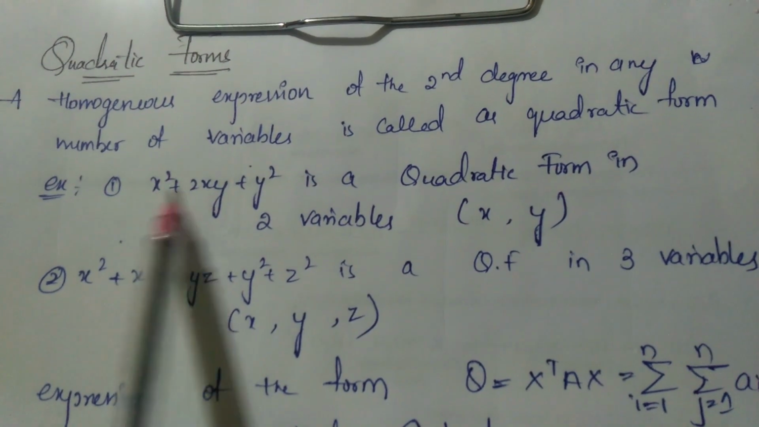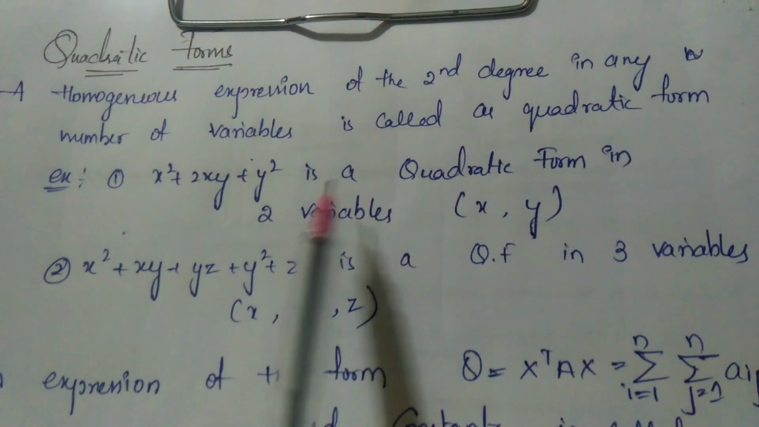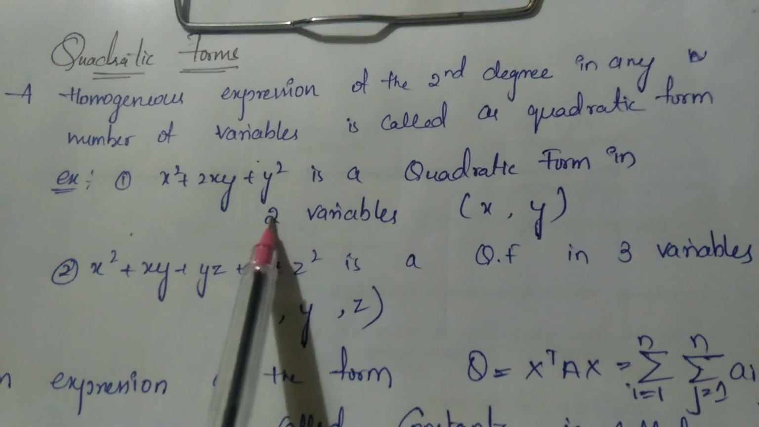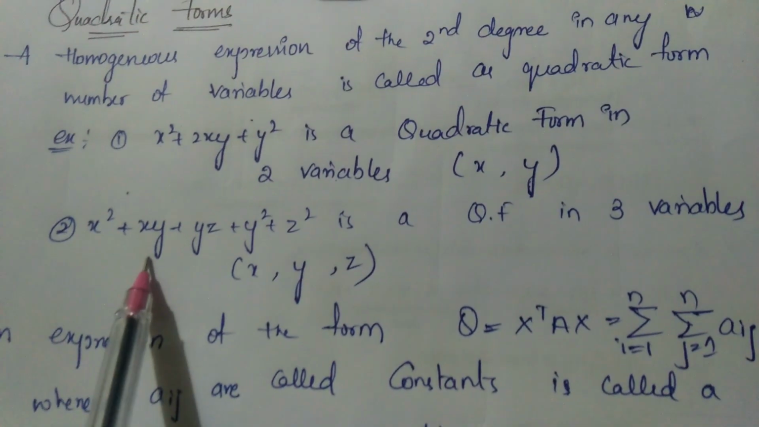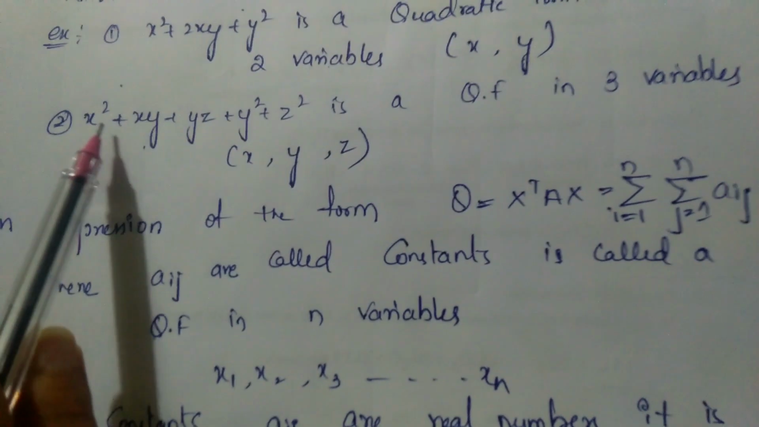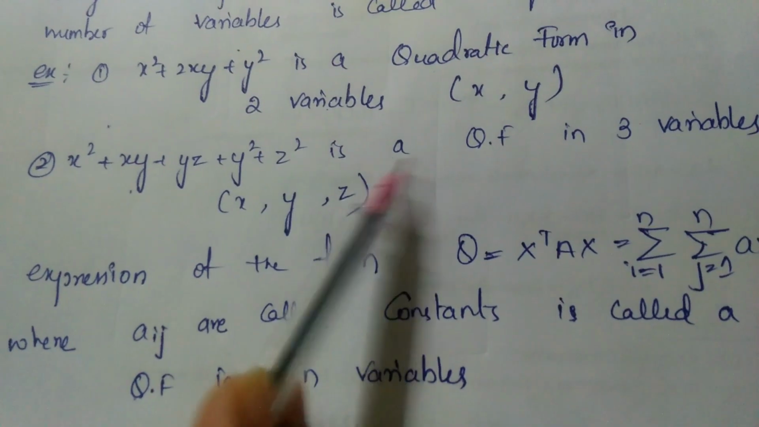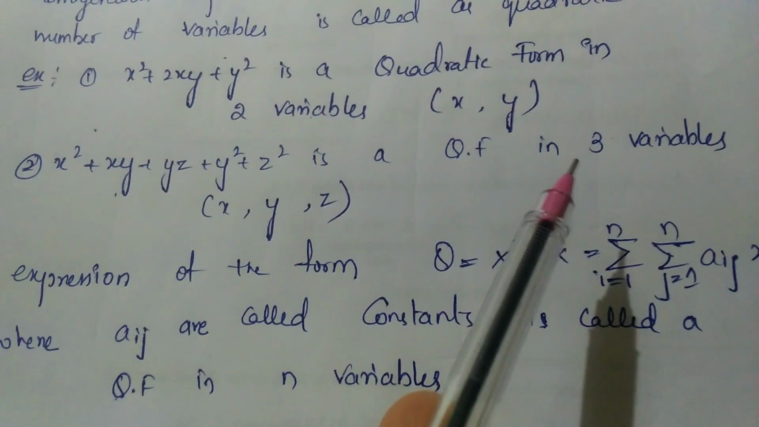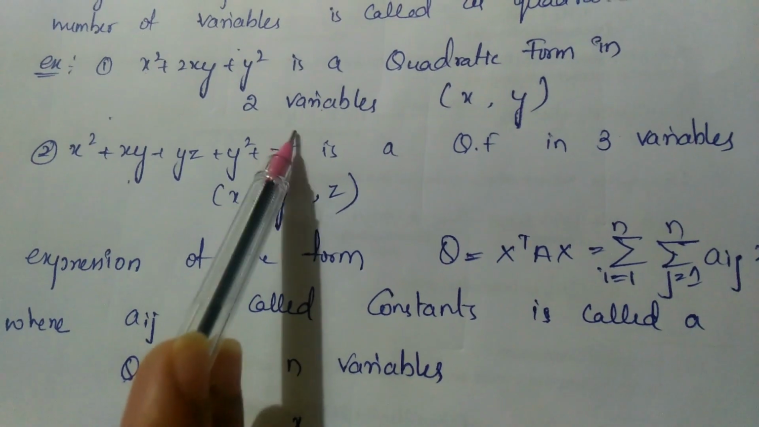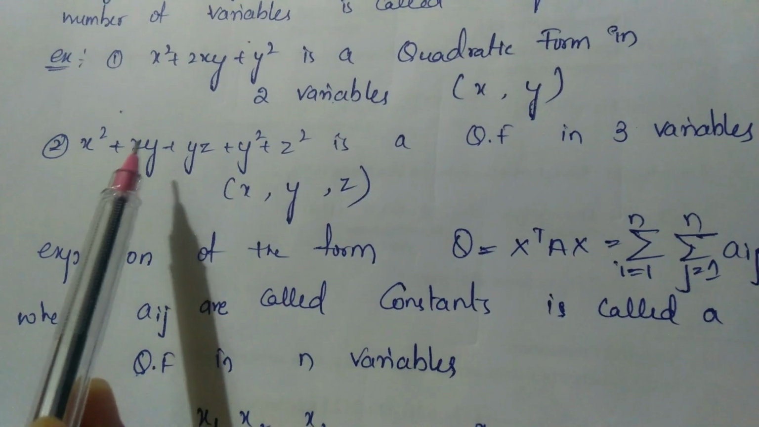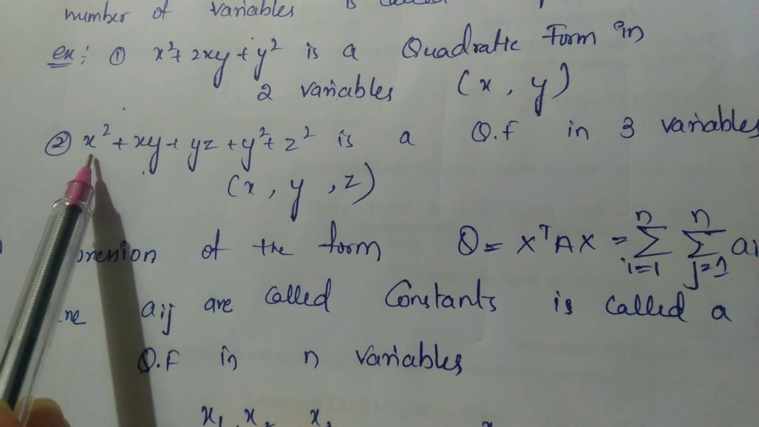So its highest degree is 2. So you can tell it is a quadratic form, and it has two variables. The two variables are x and y. And if we go with the second example, x square plus xy plus yz plus y square plus z square is a quadratic form in three variables. So here we can see the highest degree is 2. Then it is a quadratic and it is in three variables, as you can see the three variables are x,